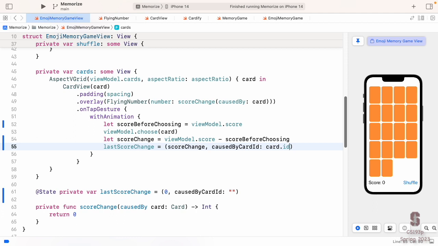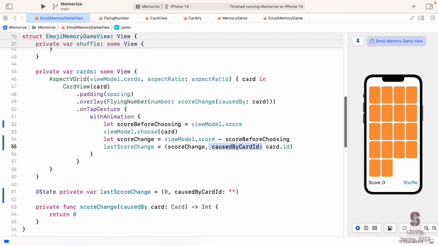We just give the two things in the tuple. By the way, when you're assigning a tuple, you don't have to put this in here. You could do that. That would be perfectly legal. I probably wouldn't here. I think it's a little clearer to go like this. Someone reading my code can see this line in code and say, yeah, oh yeah, the last score change was this score change and it was caused by this card ID. Now we know what our last score change is at all times.